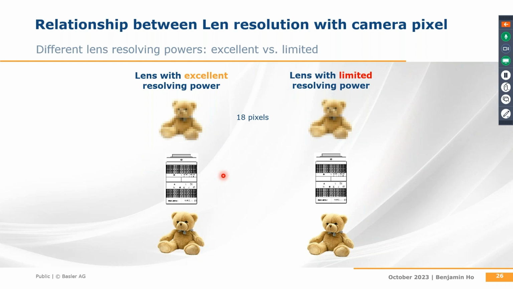lens. In this case, with a camera with lower resolution and larger pixel size, there may be no noticeable difference in actual image between the lens with excellent resolving power and the one with limited resolving power. In such a case, there may be no need to use an overly expensive high-resolution lens for a low pixel resolution camera. As the pixels increase, you may see a sharper image from the high-resolution lens. High-resolution lenses are typically more beneficial when the camera pixel resolution is high.